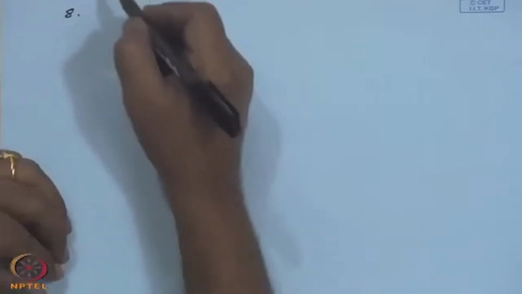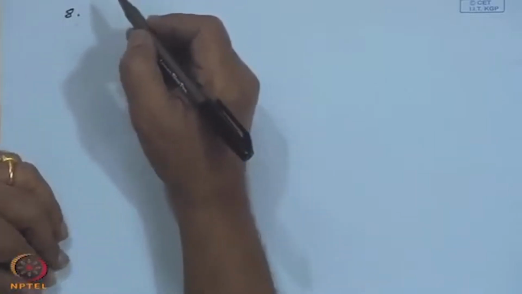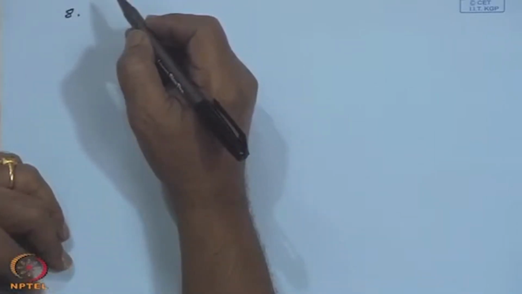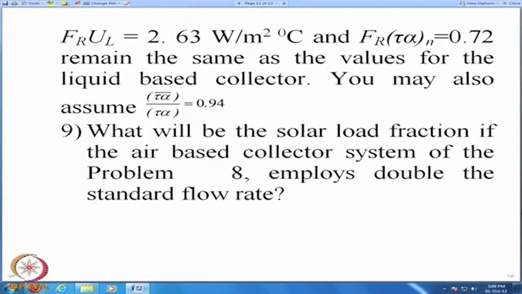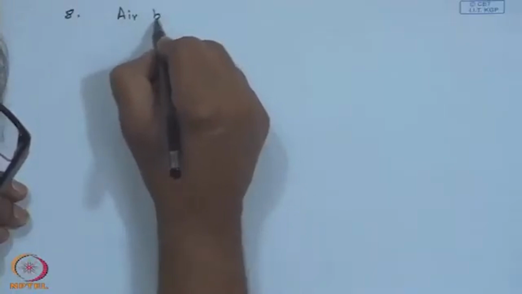Now, problem 8 is a slight variation. If standard flow rate and standard storage have been employed for the same FRUL and FR tau alpha bar as calculated, what will be the F? Let me just check up. Right, what will be the solar load fraction if air based collectors with standard flow rate have been employed with standard storage and assume FRUL is equal to so much and FR tau alpha. So, second one is, if I use air based collectors